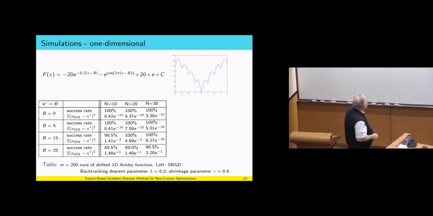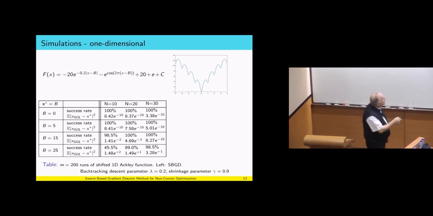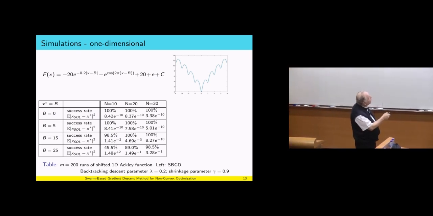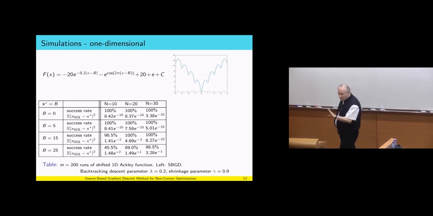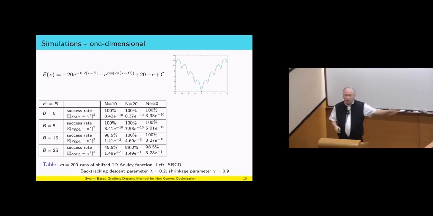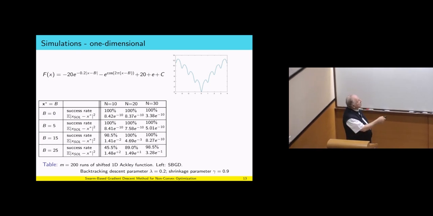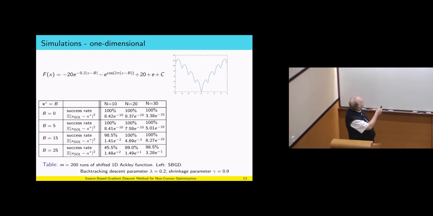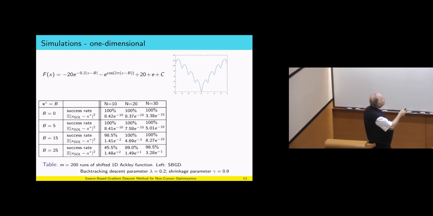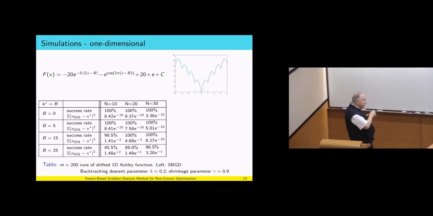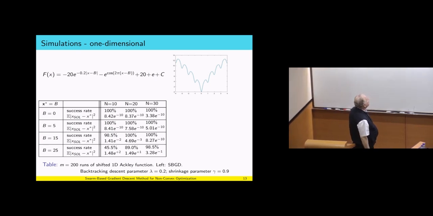and we would like to see what is the success rate. So what happens with the success rate, and that's interesting, we know the trick that the minimizer here is 0, and if we spread all the points equally between -4 to 4, I know that I will converge with all methods. The idea is what happens when we are away from this 0. So what we did, we took this function and shifted it by a parameter b. b equal to 0 is what you see here. b equal to 5, now this function is moved, and then 15, and then 25, and this means that we need to extrapolate further and further to get to the global minimum.